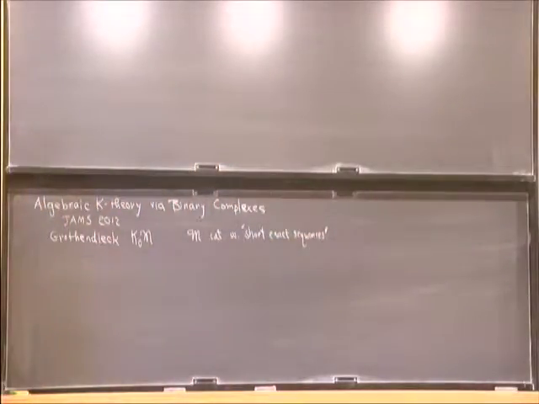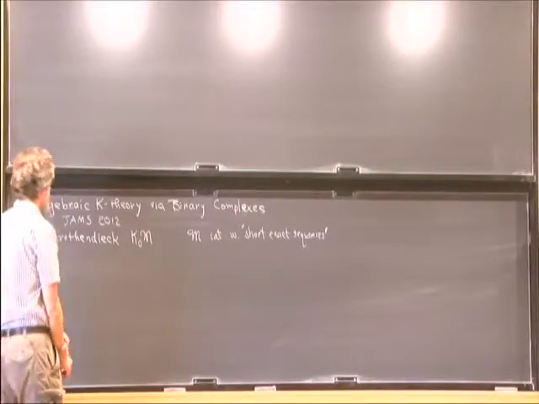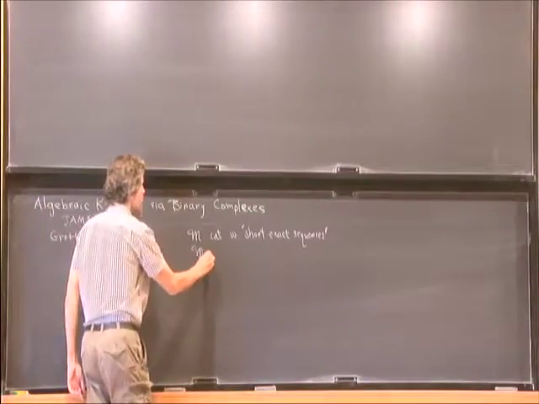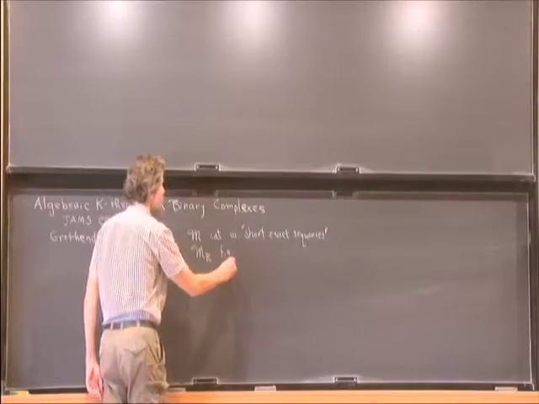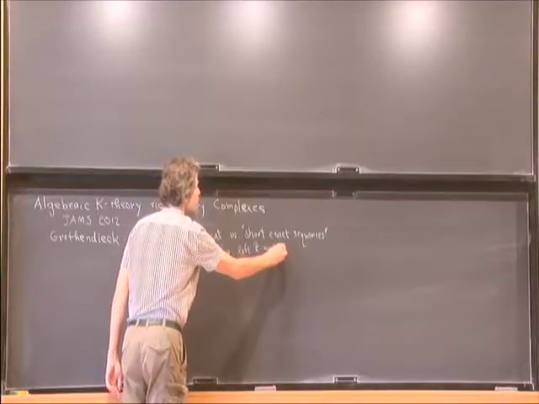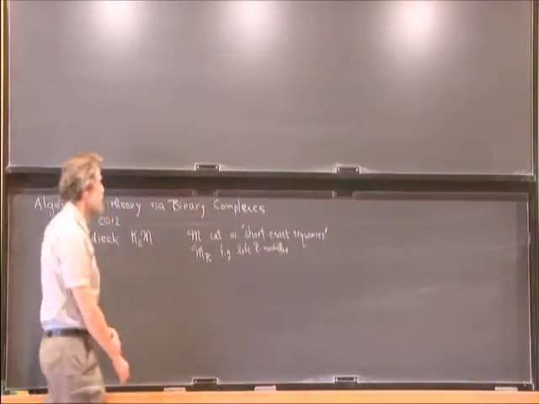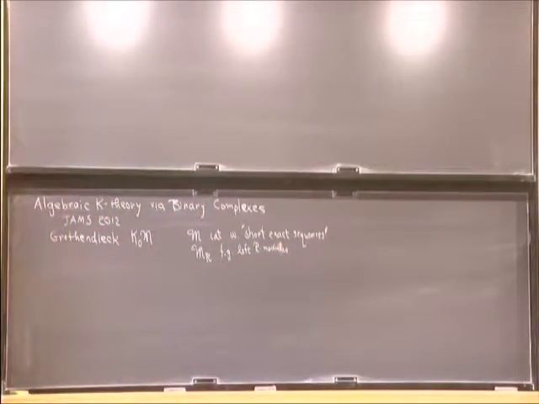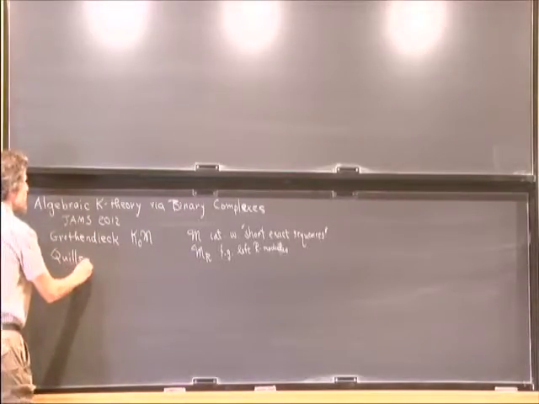And Quillen defines something he calls an exact category, which serves this purpose. And we'll be getting to the precise definition later on. But for now, you might as well just think of the category M sub R, where R is a ring, of finitely generated left R modules. And realizing that if R is not Noetherian, then this category might not even be abelian. And then Quillen introduced the higher algebraic K groups